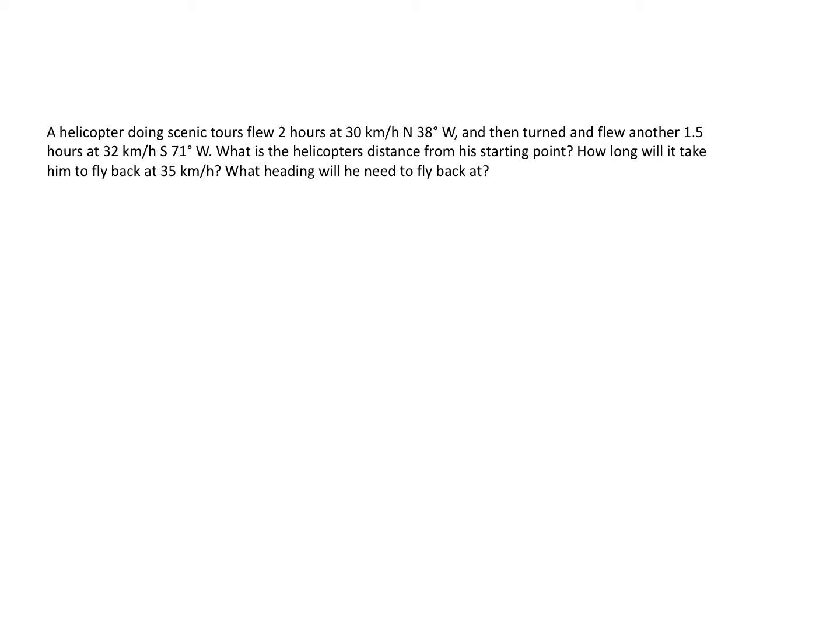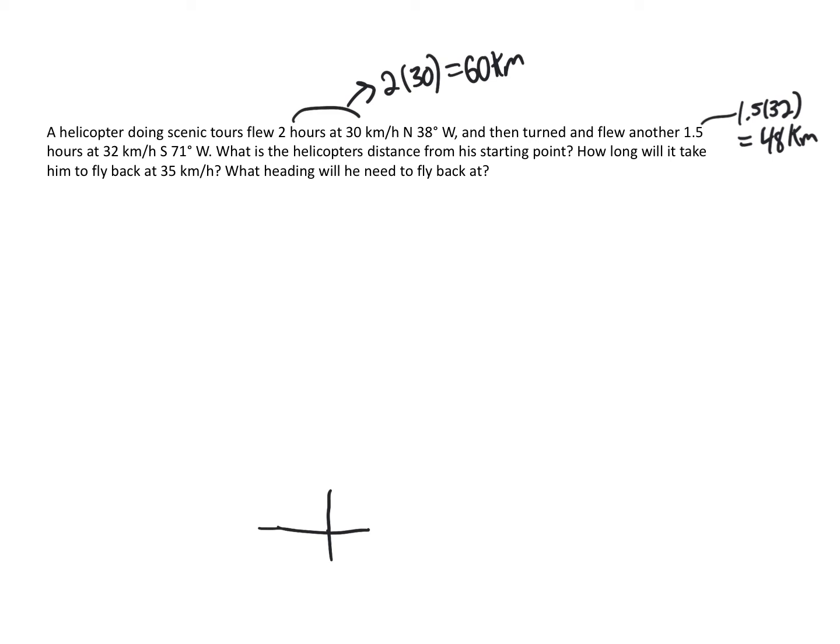So the 2 hours at 30 kilometers per hour gives us a distance of 60 kilometers. And then the 1.5 hours at 32 gives us 48 kilometers. So we know the distances. Now it's nice to draw a decent sized diagram here. So we have